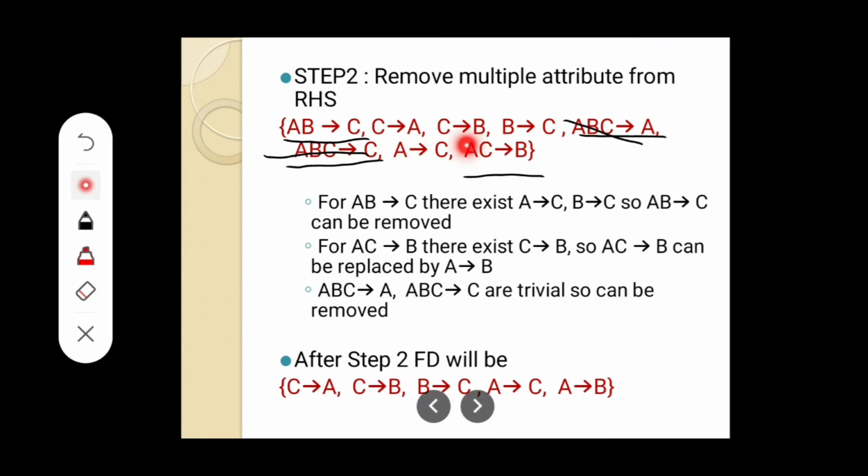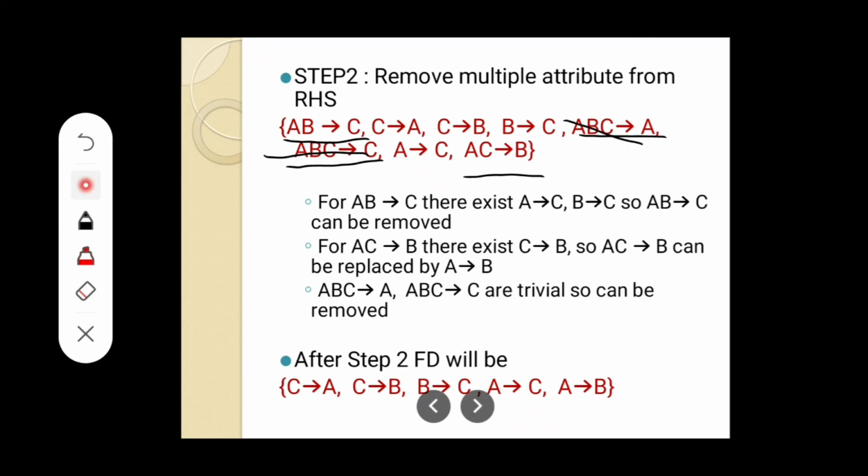So we can replace this AC determines B by C determines B. Okay, so AC determines B can be replaced by C determines B. Why? Because we are only having C determines B. Okay, since C determines B is here, what we need is only C determines B. Okay, with that we can replace it. Okay, so after all this replacement,